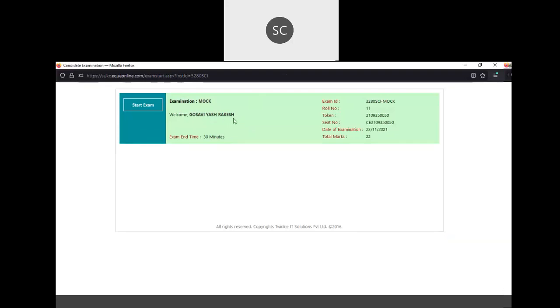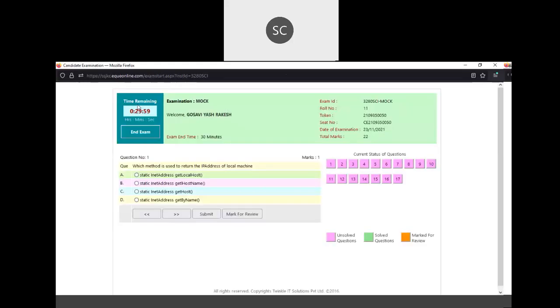If it is not your name, you have to report to the class teacher immediately before starting the exam. And it will show how many marks the exam has, what your roll number is, and the date of the examination. After cross checking all this information, you have to click on the start exam button. Now the exam is started. It shows the timer. Your UT is for 30 minutes, so you get only 30 minutes over here. The timer is a countdown.